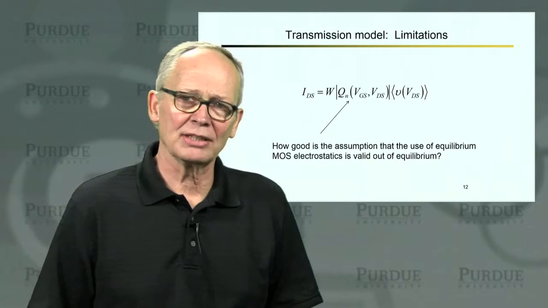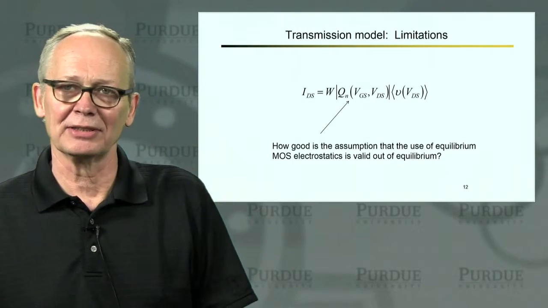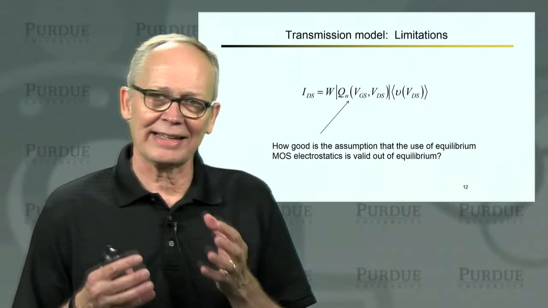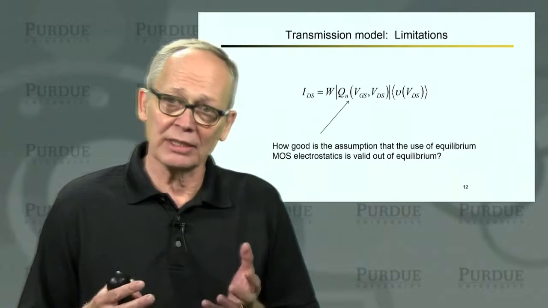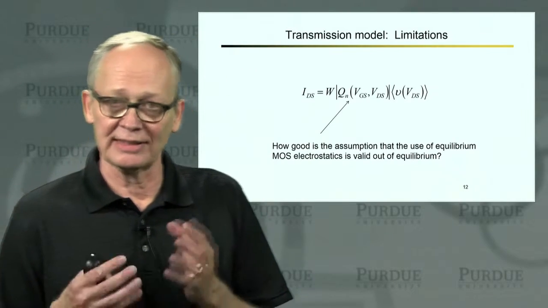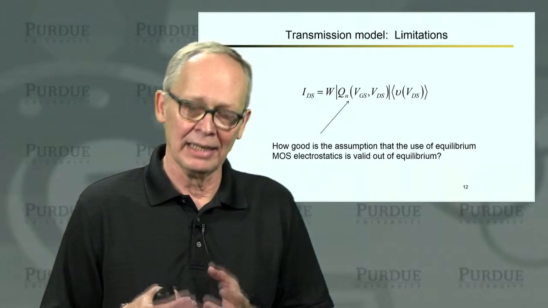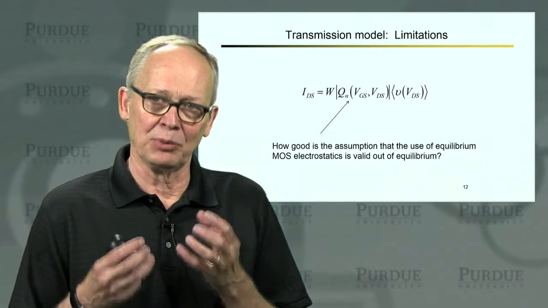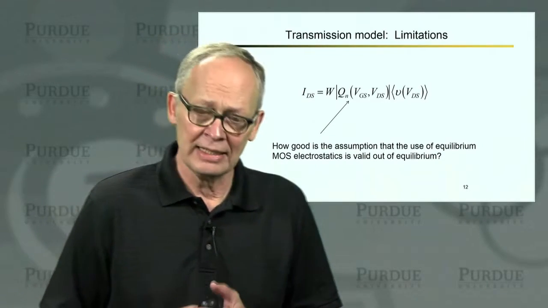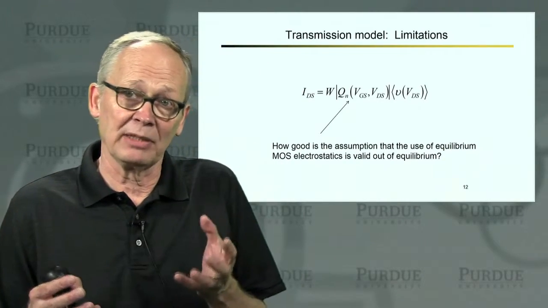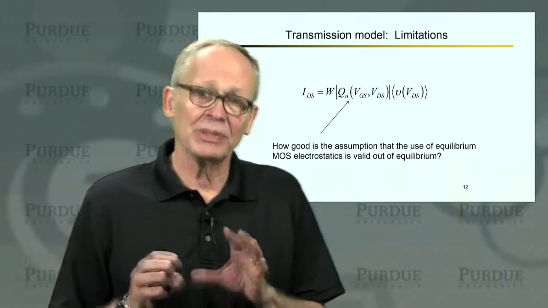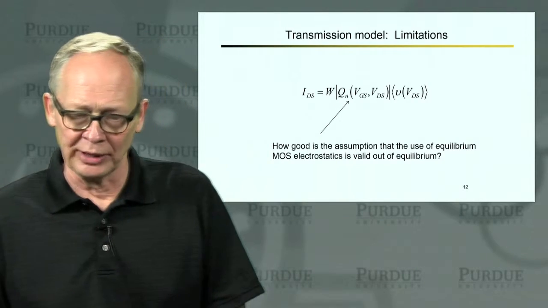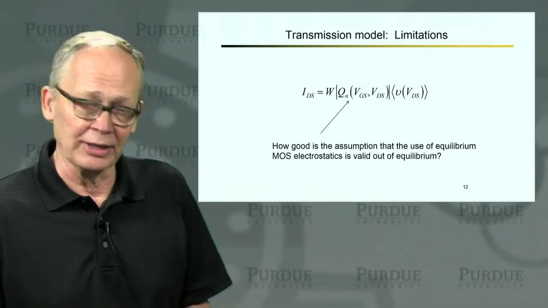Now, I haven't talked much about the limitations of this model. Our goal was to capture the essential physical ideas. Now, when you look at the physically detailed simulation, you can see that things can get quite complicated. We've tried to extract the important first-order principles, and we found that when we fit experimental data, they actually do rather well in describing the experimental data. But there are some limitations that you should be aware of. Let me just mention a few of them.